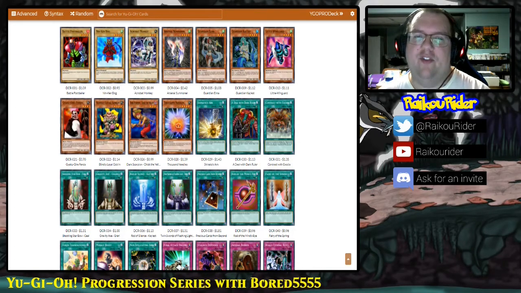Gyakugire Panda is our first really strong common. It is an 800 3-star that gains 500 attack for each monster on your opponent's side of the field, and it has piercing. It can attack under Gravity Bind as well. So if we find ourselves up against more copies of Gravity Bind, that could be a great way to outboard